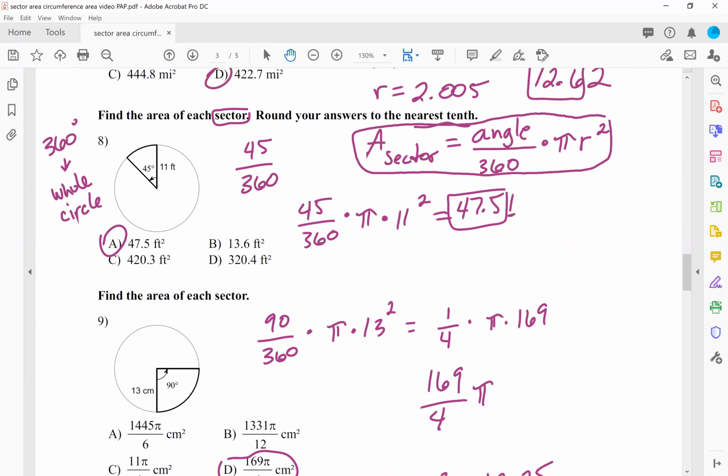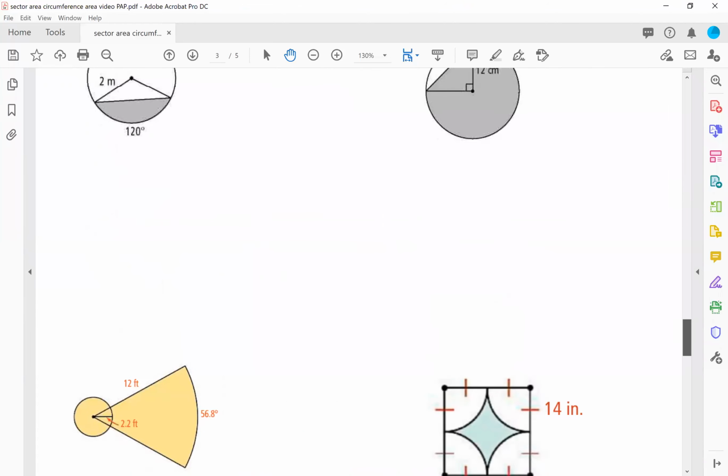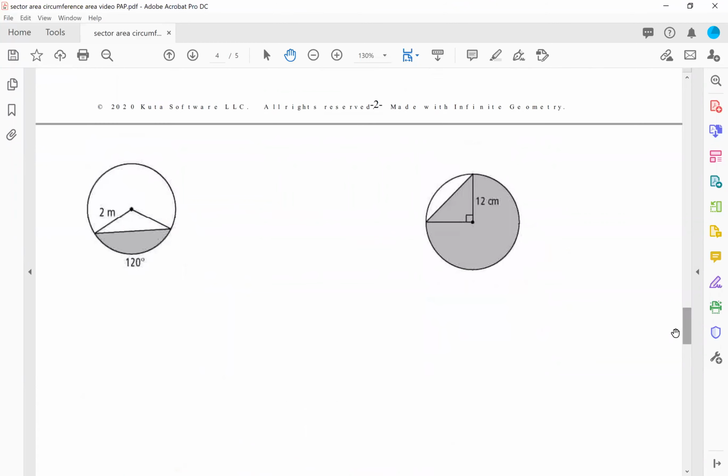All right. Now, this is where it gets fun. Okay, here, these two problems are asking us to find the areas of what we call segments. So a segment is this little piece. It's kind of like a little crescent type shape. The way that you have to think about this is